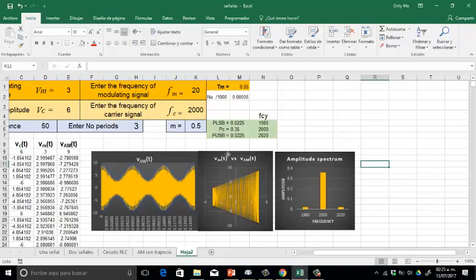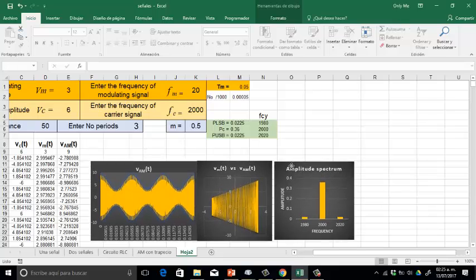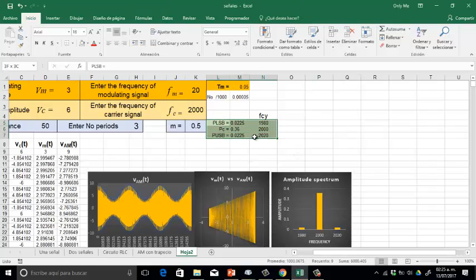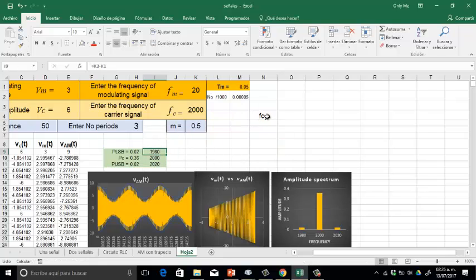Select the three graphics, drag a little bit more down, select these cells, drag them here, drag this here, okay, and select these cells, combine them,